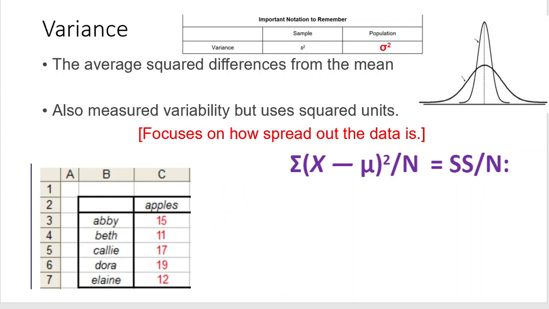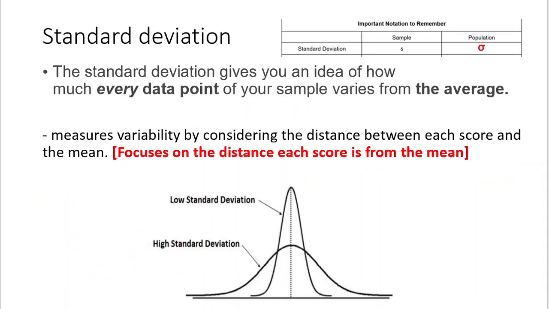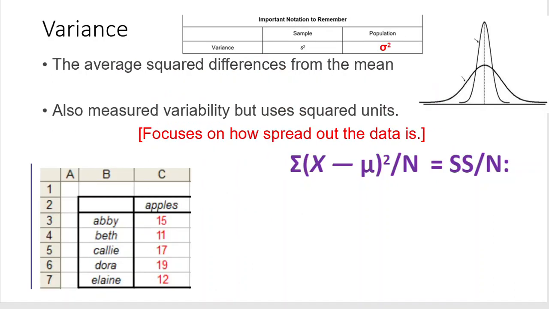And now we have another way of measuring variability. In this case, what we have here is called variance, which is the average squared differences from the mean. So it's taking this idea of standard deviation and squaring it. So it's a measure of variability that uses square units. This does not use square units, the standard deviation. And so this is how you would calculate it. What we see here is that everything is going to need to be summed up first and squared. So each value